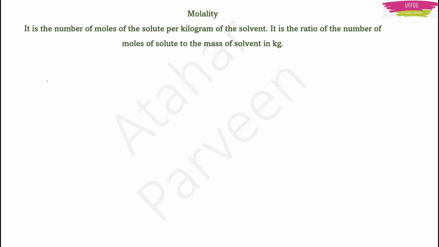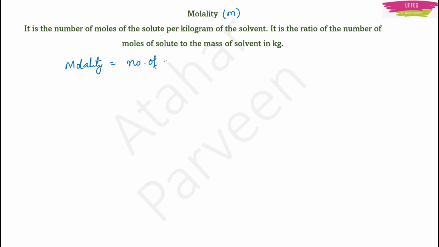Now let's talk about what is called molality. We talked about molarity. Now it is molality. It is the number of moles of the solute per kilogram of the solvent. Basically, it is the ratio of number of moles of solute to the mass of solvent in kg. See, now the symbol will be small m for molality. For molarity, we told that number of moles of solute upon volume of solution in liters. Okay. But for molality, molality is equal to